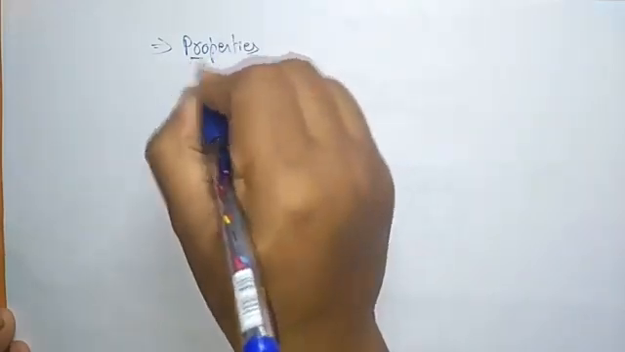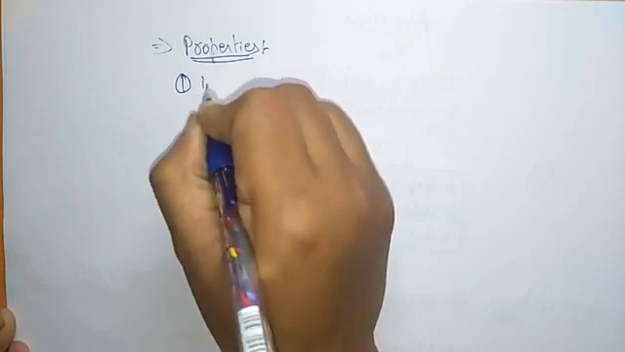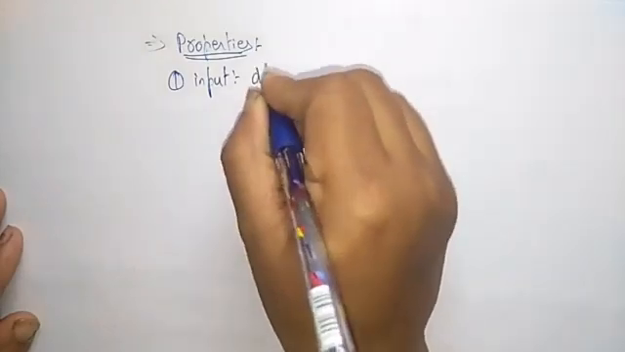Okay, so now let us see the properties of algorithm. So the first property is input. Okay, so starting we have to give the input. So whatever the requirements, whatever the information we are giving to this algorithm, that you call it as an input. So input refers to